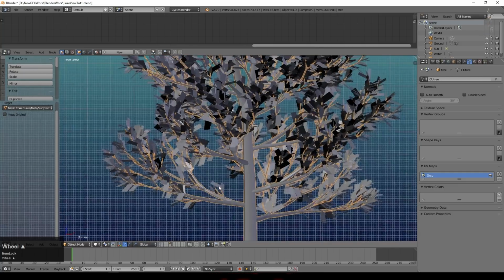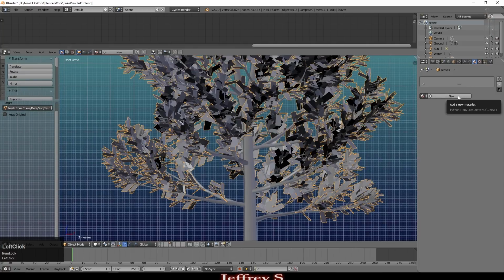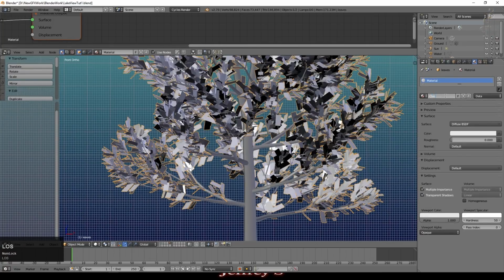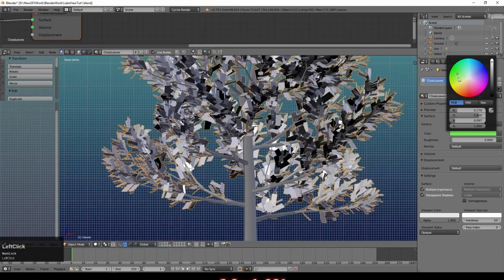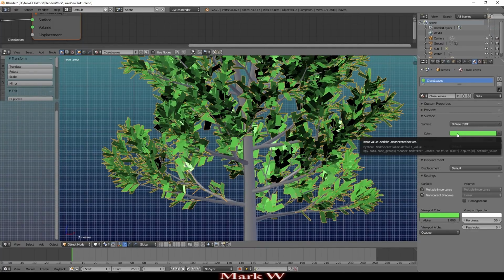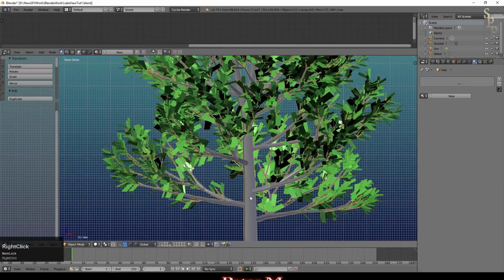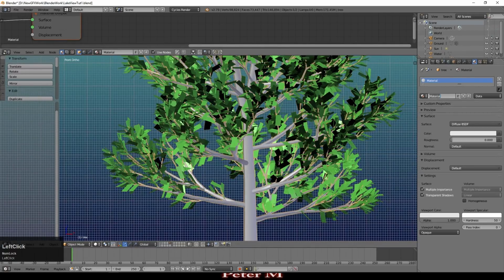The leaves are already a mesh, so we can select them, say New Texture, we'll call it Close Leaves, give it a basic green material. I like to give them viewport colors because it just makes it easy to recognize what material or texture you're looking at. And obviously something similar called Bark Close. Just call this one Bark, I think, for the trunk.